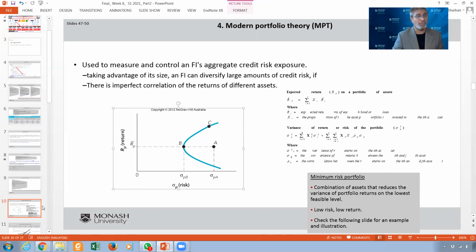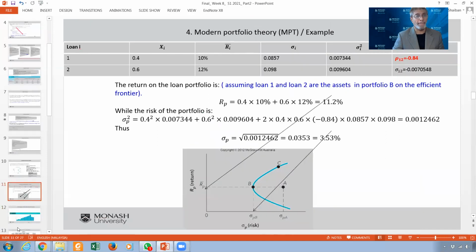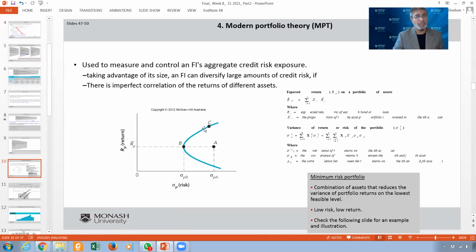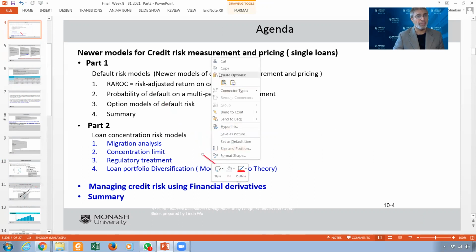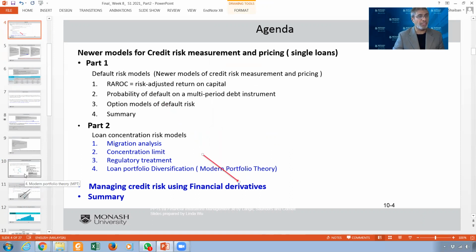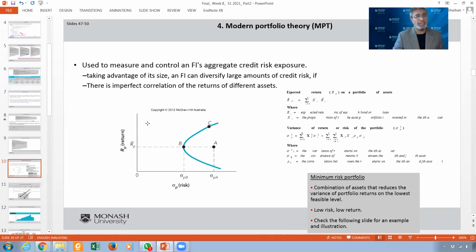So this we call the efficient frontier. This green line is the efficient frontier. Now, the efficient frontier means